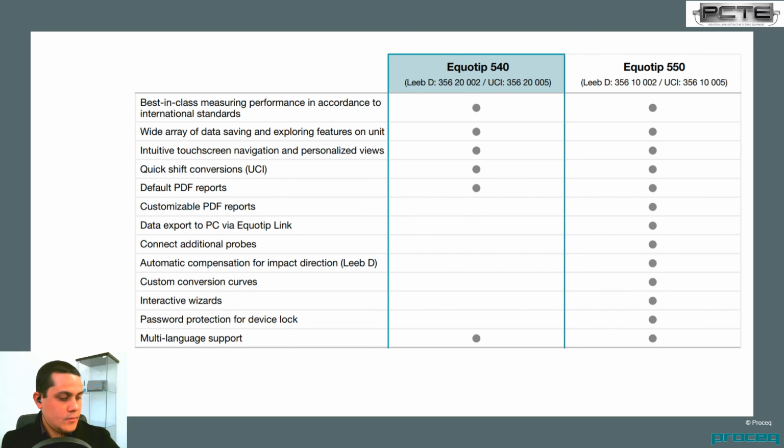And that brings us to the end. So next week we'll be talking more specifically about the Equotip and its applications. We'll be running